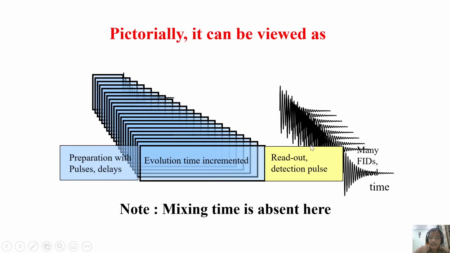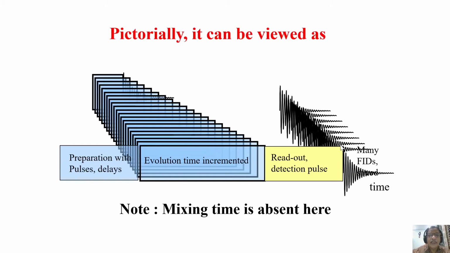T2 is a constant. In this particular example, we have our readout pulse, meaning a 90-degree pulse. That itself we can consider as a mixing pulse and also detection pulse, no problem. But here the mixing pulse is absent. We apply only a 90-degree pulse and collect the signal. This is similar to the pulse sequence we will see in the coming slides today called COSY. It is similar to the COSY experiment. You understand? This is pictorially how we can see the 2-dimensional time domain data.